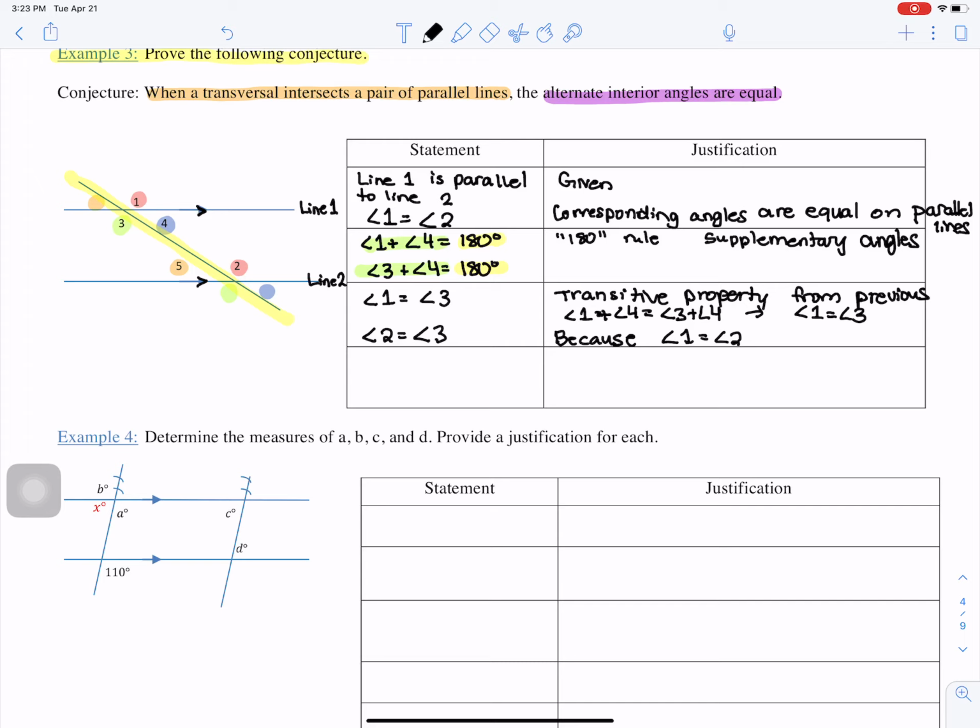So now I look at it, I got angle 1 is equal to angle 2, those are corresponding angles, and angle 1 is equal to angle 3. So I'm going to say that angle 1 equals angle 3, angle 2 equals angle 3, and so I'm going to say since these angles are equal,